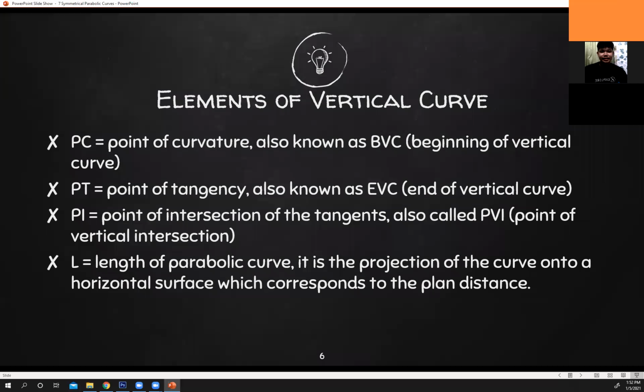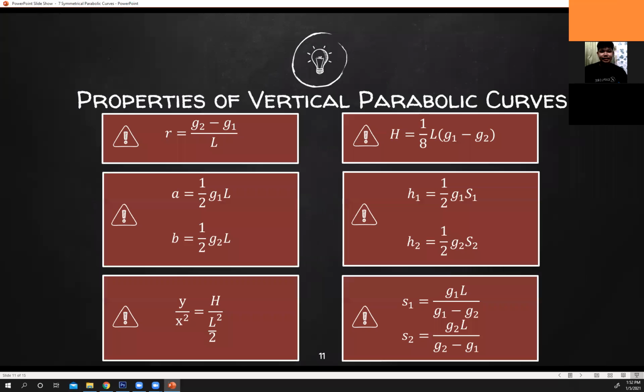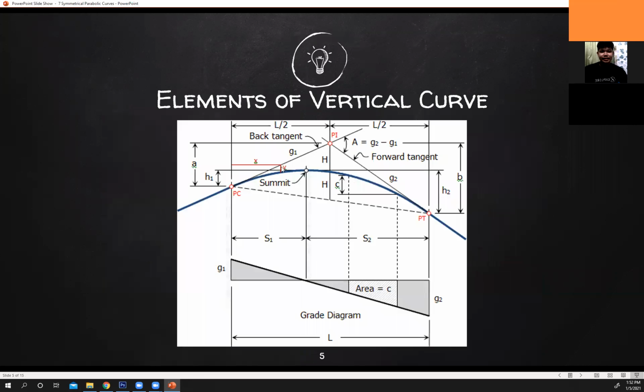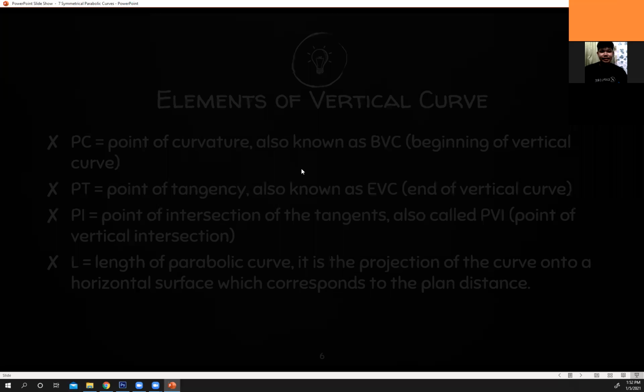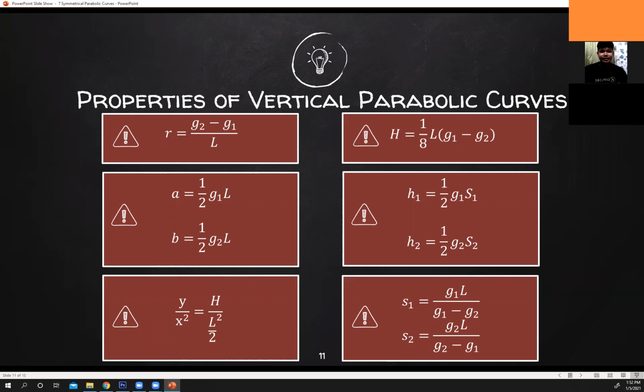And the same concept applies to all of the equations. 1/2 G1L, therefore B is 1/2 G2L. Then this is what was mentioned in the properties. The tangent offset over the distance from PC is Y over the distance from PC to that point. So that's your X. So Y over X squared equals, and you can use this, H over L over 2